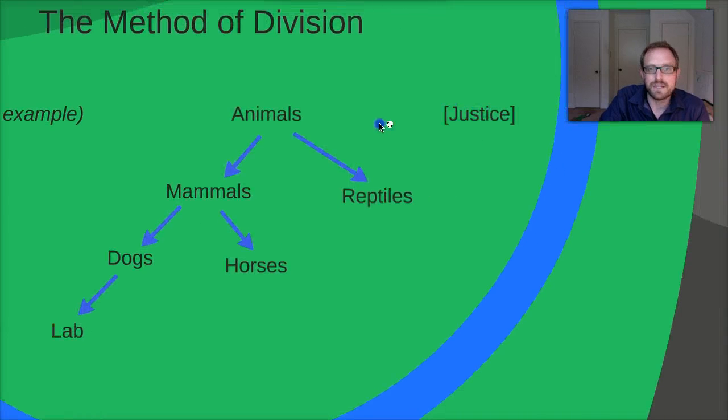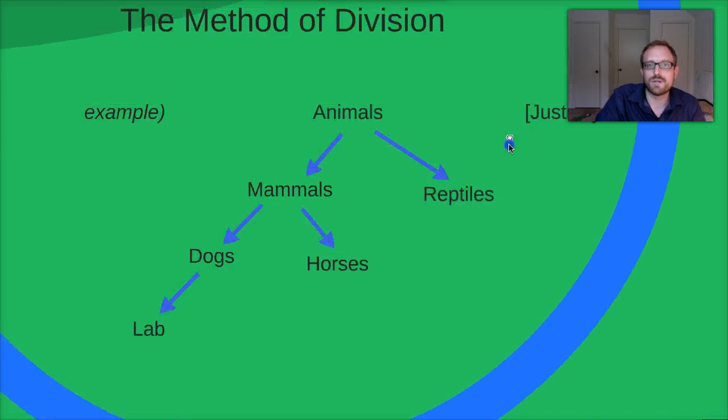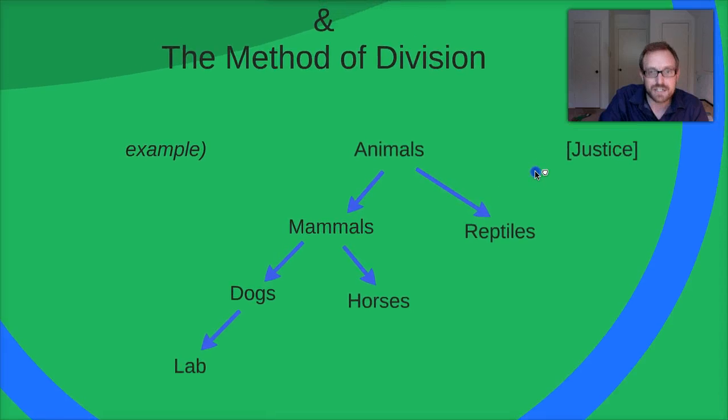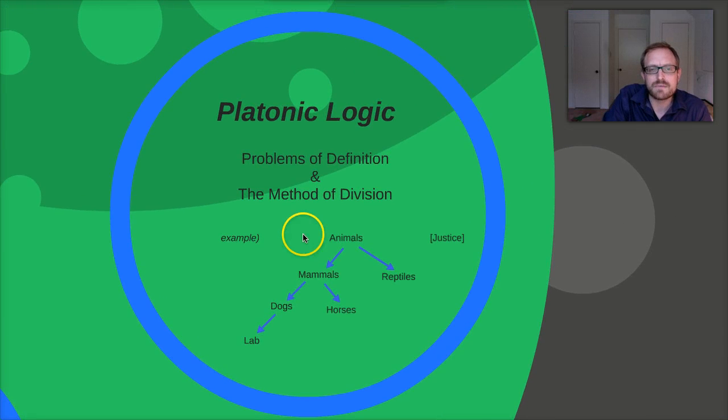The difference, though, is that here I just gave the method of division example using animals because it's simple, but you can see, for instance, in the Republic, the method of division centers on the question of justice. And there, through a complex set of analogies, Plato ultimately tries to divide up the component parts of justice in order to then understand ultimately what justice is in its totality, and of course, notably, whether or not we live just lives or we live in just societies and so on and so forth, right? But this is essentially the sort of logical process that ultimately Plato employs.